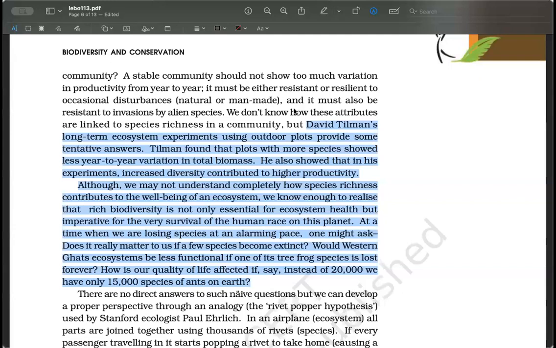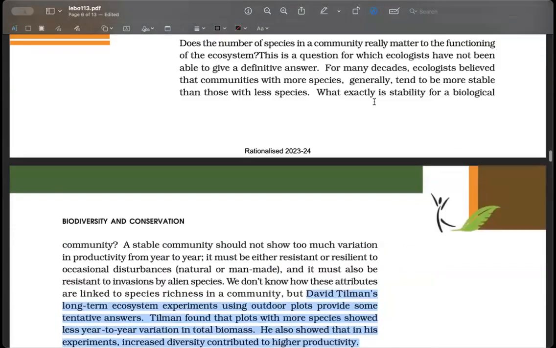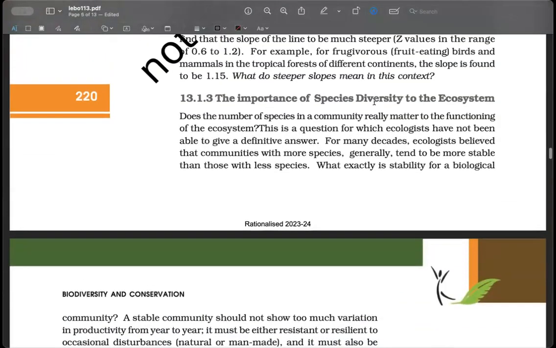Right. So this was the question that early scientists posed. They asked, why is species diversity important to an ecosystem? The same question that we started with. If it is all about the proper flow of food and nutrients and everything, why can't there be just a few species more in number and it should work? I don't see any reason why it should not work.